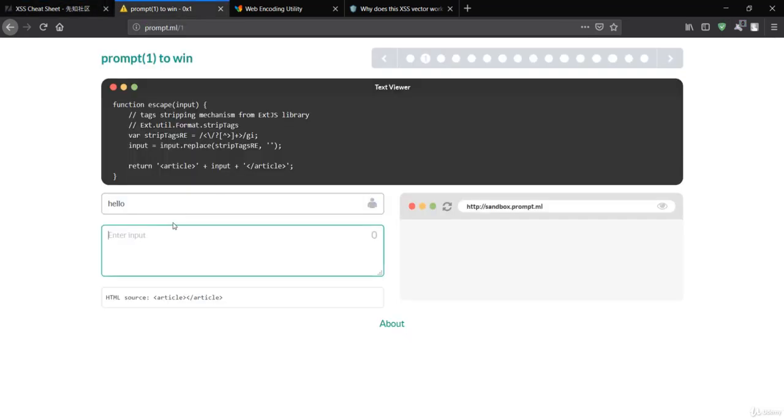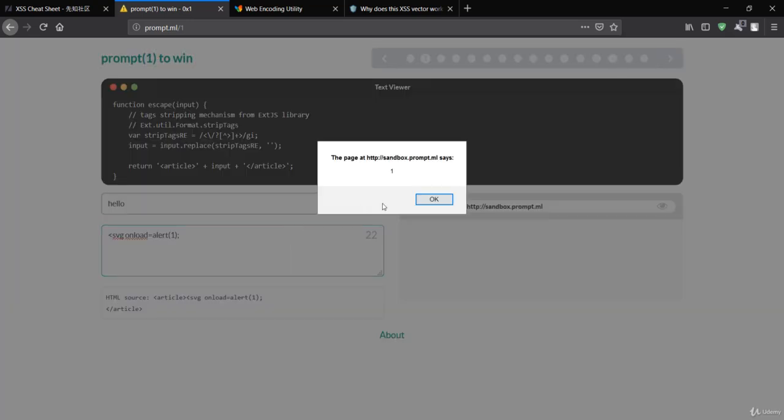You can just paste it down. We want to execute this, so I'll put the colon at the end. SVG is the vector here, and onload will be called when the object is loaded. When I say SVG alert, you can see we have successfully loaded.